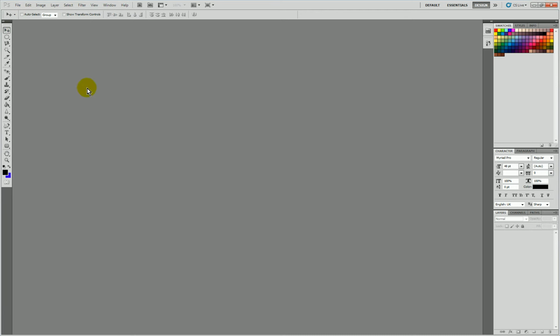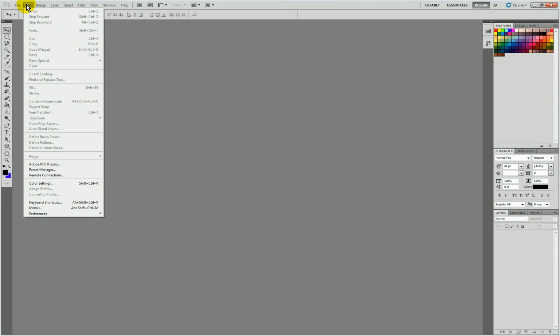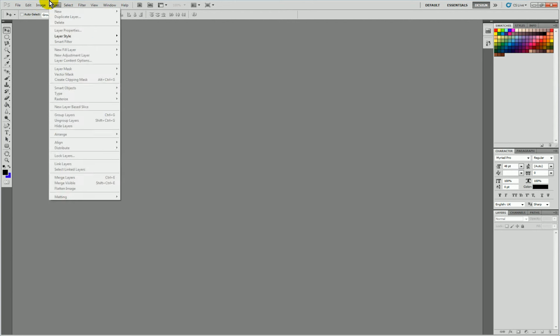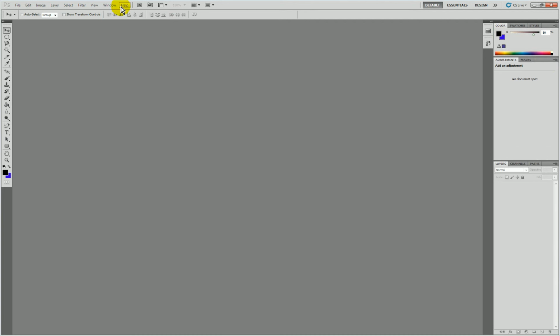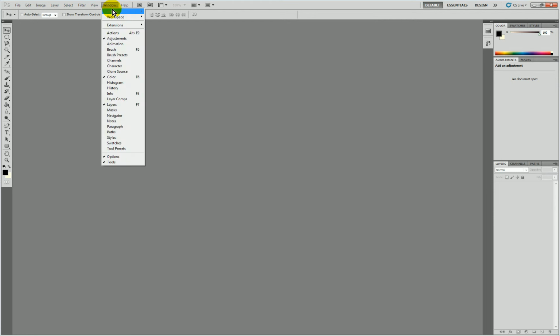If you're choosing it here, you can see all the tools we have here, all our tabs out here. If we go ahead and edit, we can do step backwards, step forward, fade, cut, copy, all this nice stuff we're gonna learn about later. Layer, select, and in Window you can select. I'm just gonna choose the default I made. Here we go. So this is how the default should look for you. I'm just gonna set this back. All right. So in Window you can go ahead and choose a lot of functions to use.